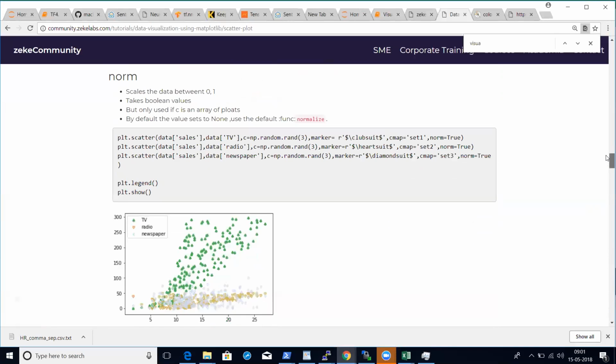Alpha norm, this one. What this does is it scales the data between 0 and 1. So whatever data you have, it will normalize it. But this is not the best. This is definitely one option that you have here. Norm equal to true means it will bring the data